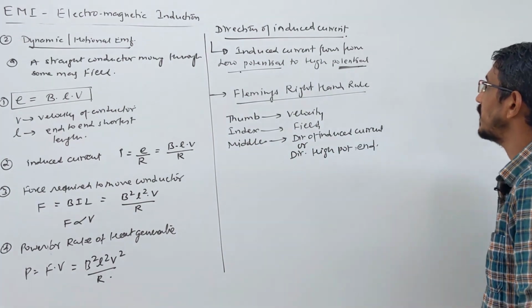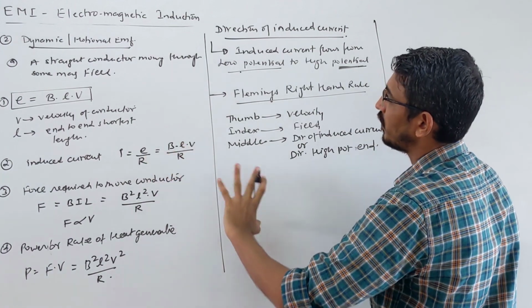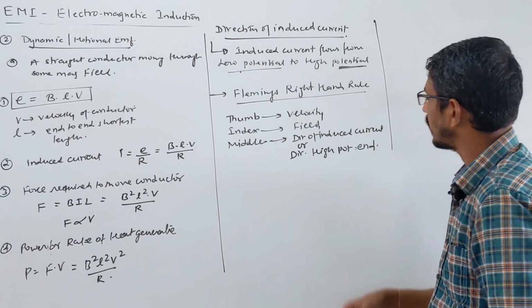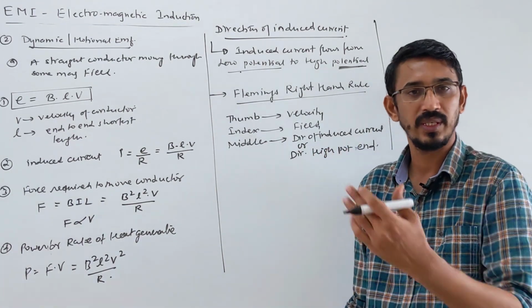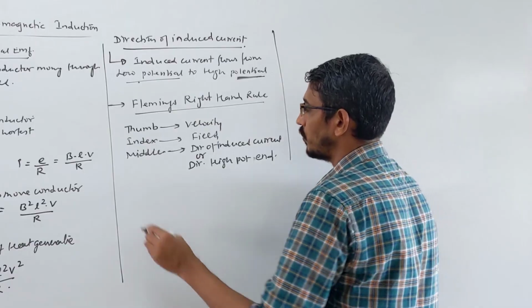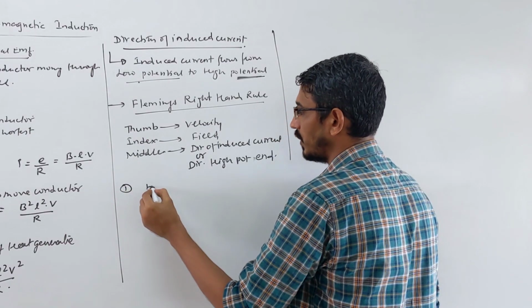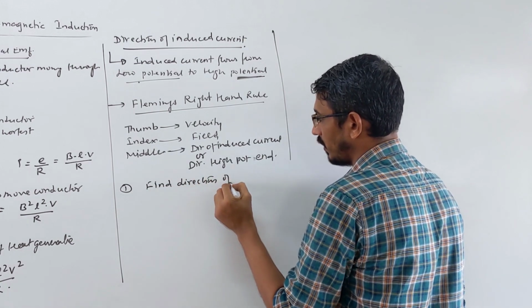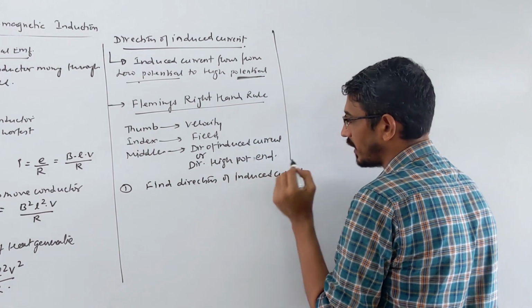To understand, let's see some examples. We have 3-4 types of questions, patterns here, and very nice patterns. So let's see. First, direct question. In an exam they can ask us to find just the direction of the induced current in the given wire. So in the first type of question they say find the direction of induced current, or they can say high potential.